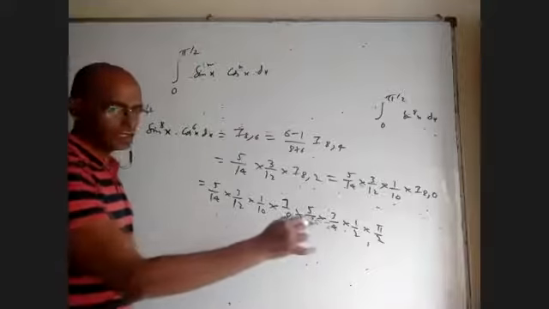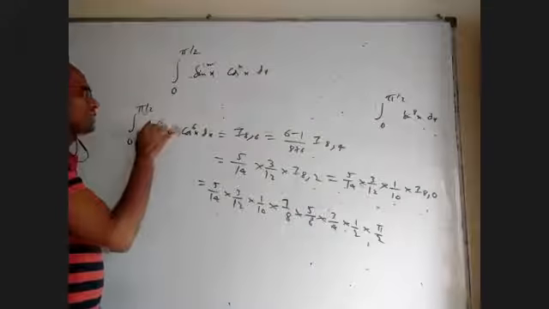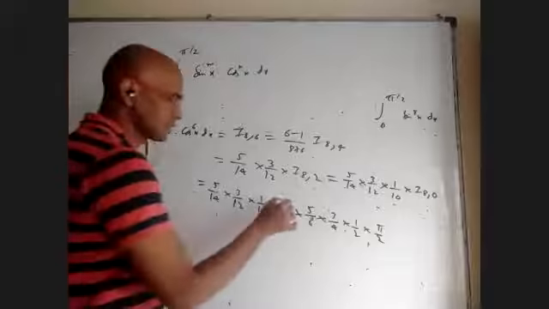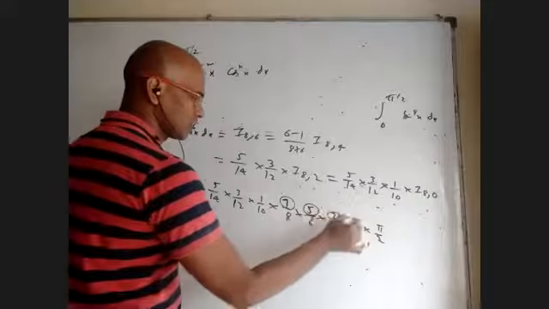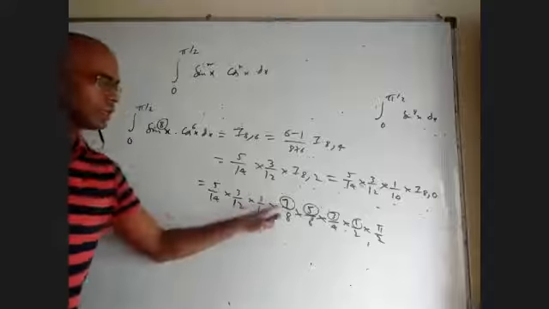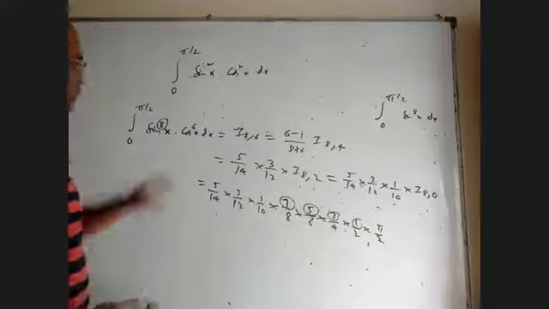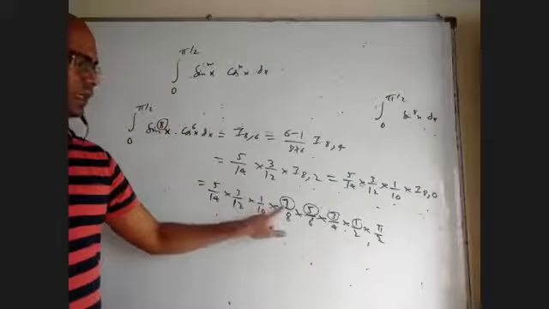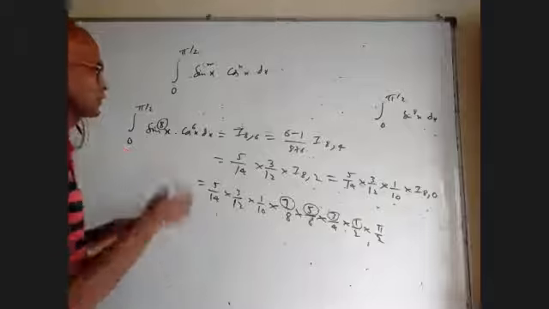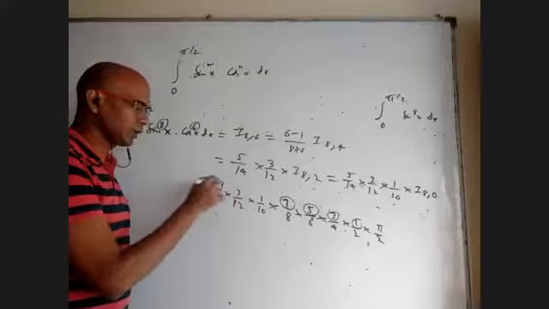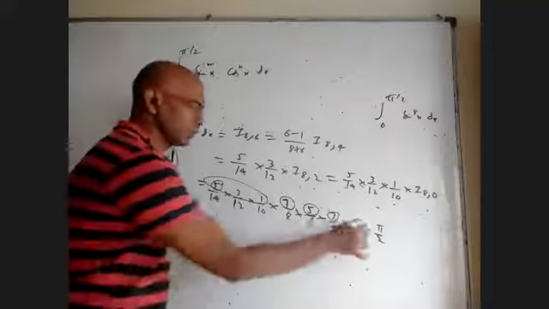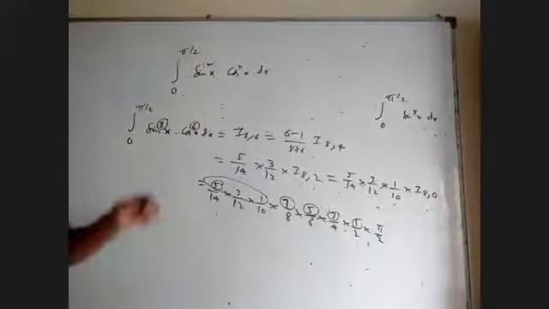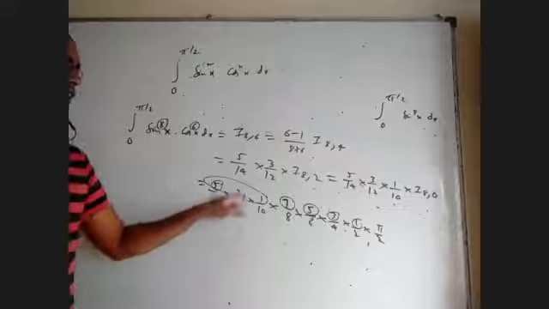Look at the final answer from the beginning. When 8 is there, decrease 1. That is this 7. 7 is there, 5 is there, 3 is there, 1 is there. All these things are 1 unit. The power of this decreases by 1 and then keeps on decreasing by 2. Next, the power is 6 here. 1 less than that is 5, and keep on decreasing by 2. So this whole thing is 1 unit. This whole thing is 1 unit. And in the denominator, the sum of these two first and keep on decreasing by 2.